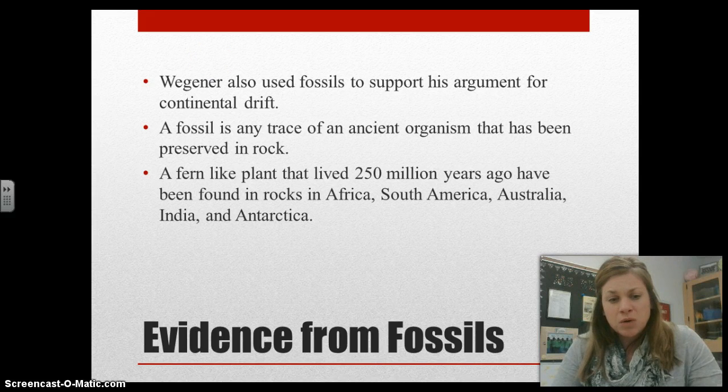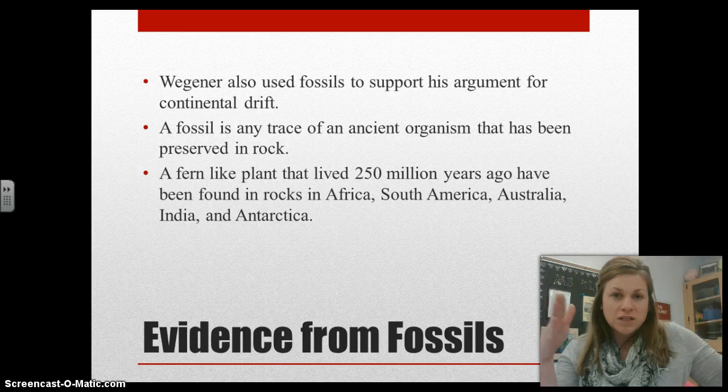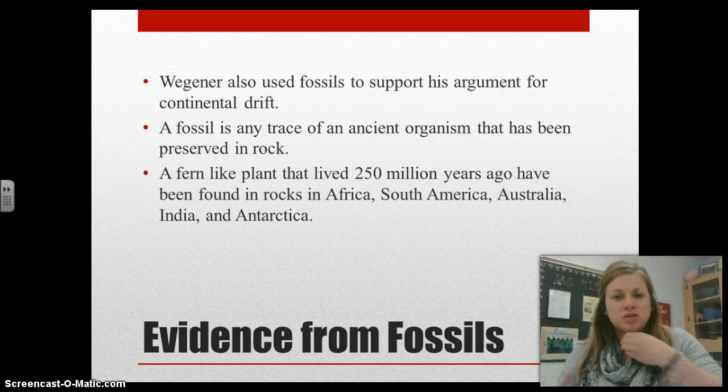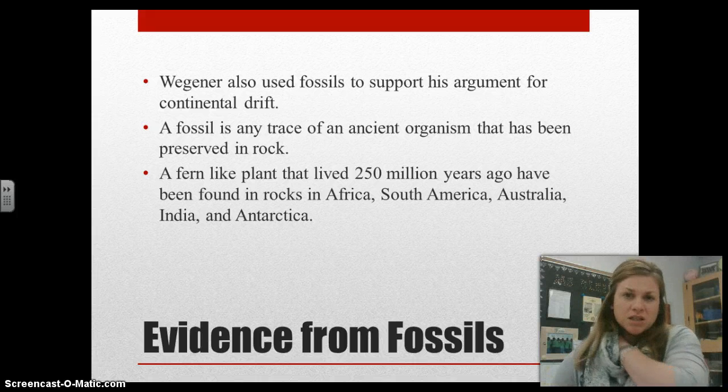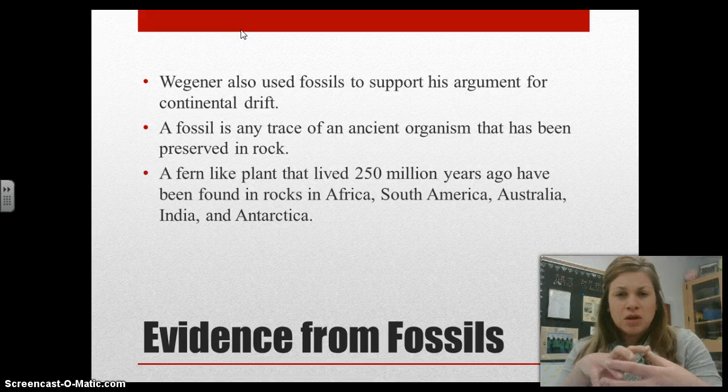When the continent separated and divided, the organisms on that half of the continent got pushed to South America. The other organisms that are on the African side got stuck in Africa. So he used these fossils to support it. He also used plants, this fern-like plant that was found on different continents throughout the world, and plants don't get up and walk. So for these plants to be on isolated islands such as Australia,